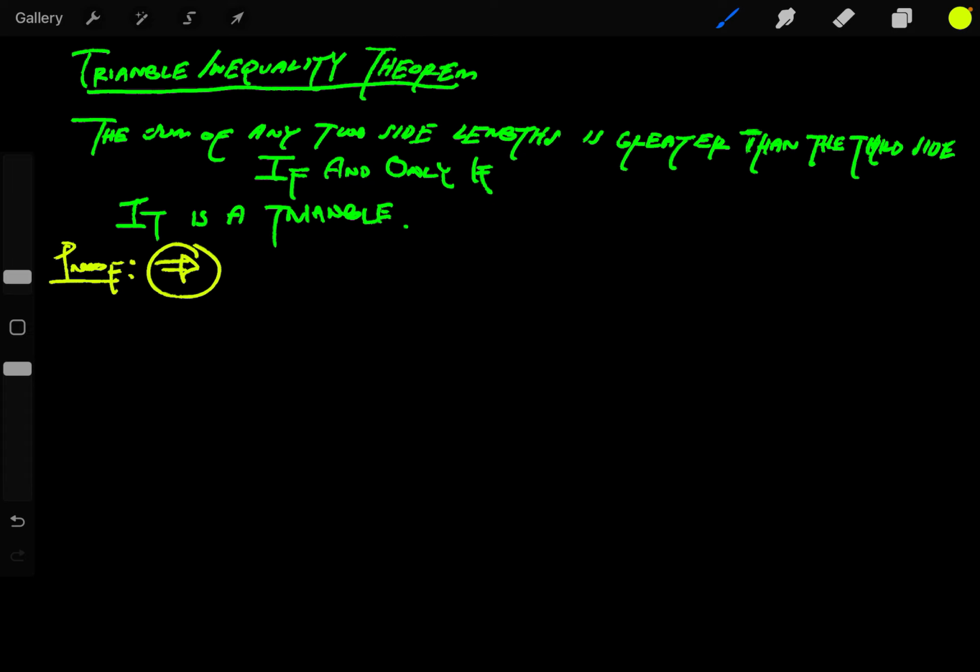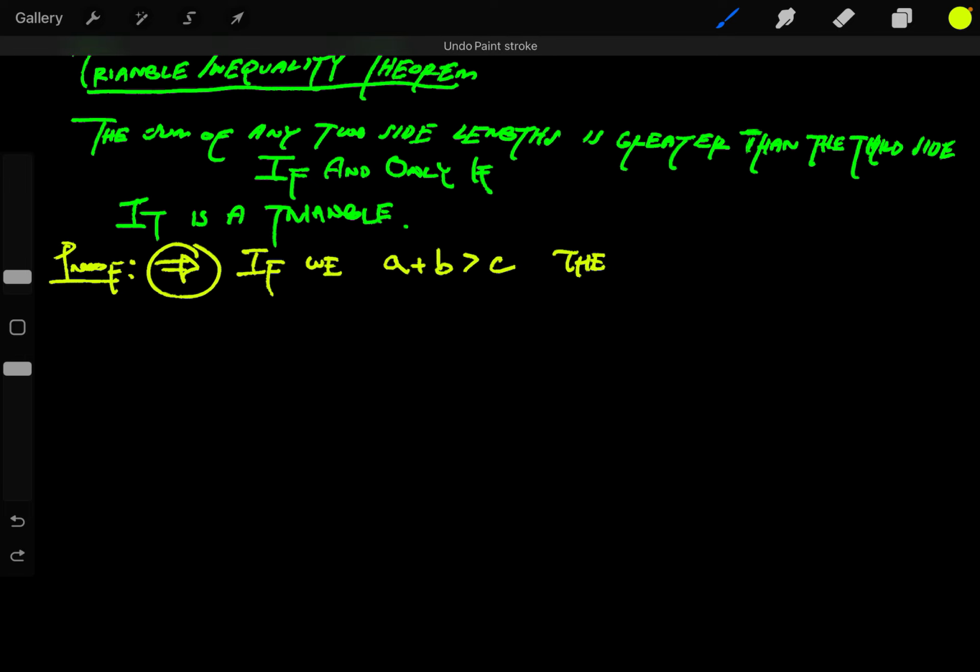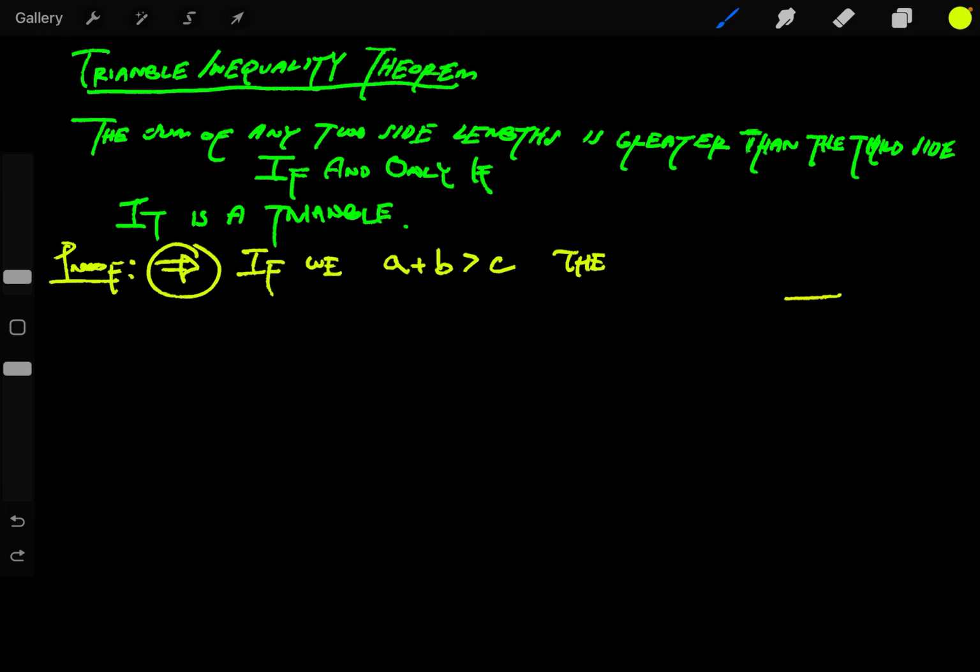So basically, what does this say? It says, if we have A plus B is greater than C, then we can construct a triangle. How? Well, if I draw this length C, this is some length C,